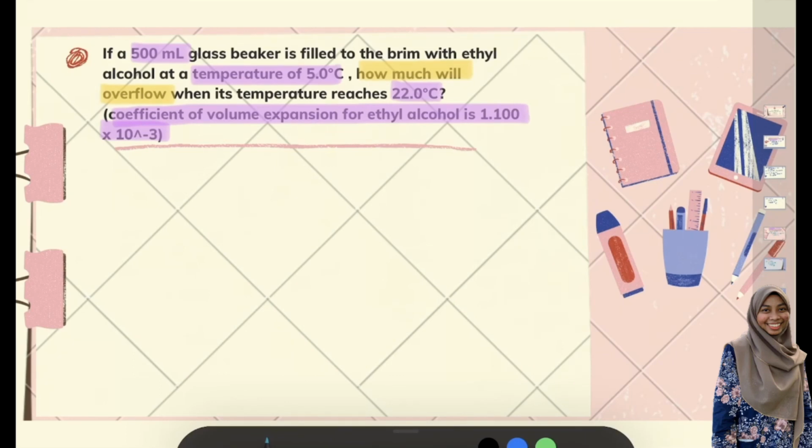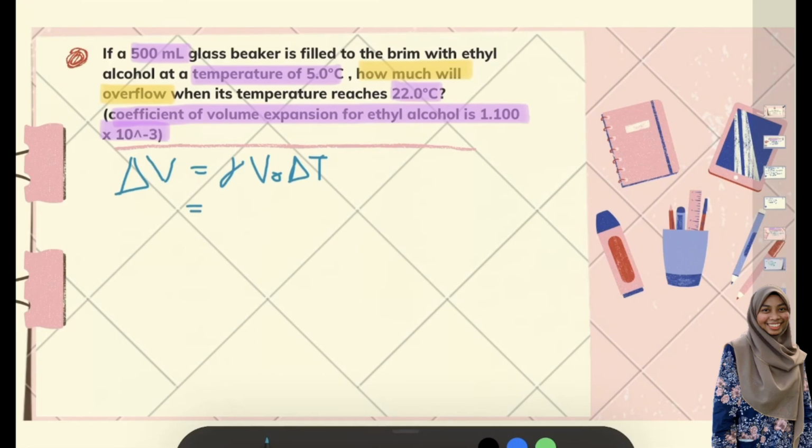Okay, to find the overflow, we can just straightforward use this formula, which is change of volume equals to gamma V naught times delta